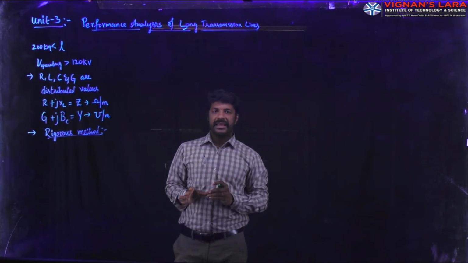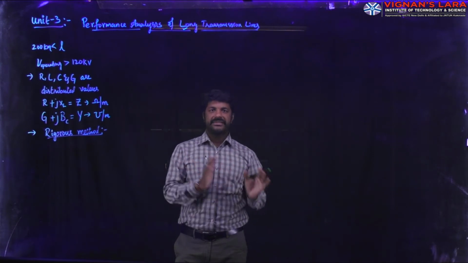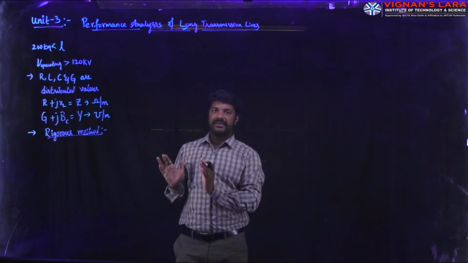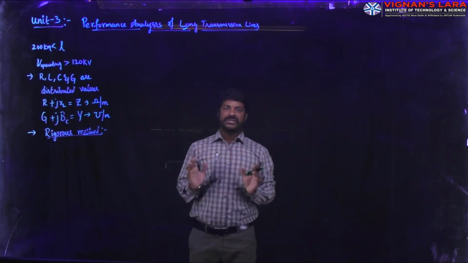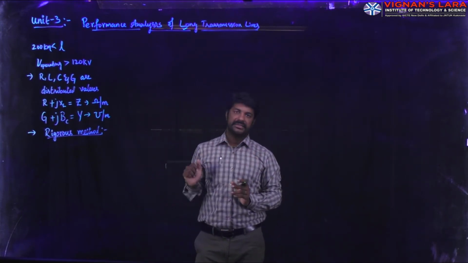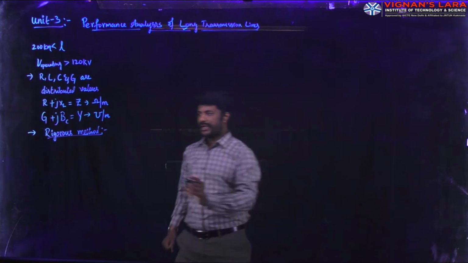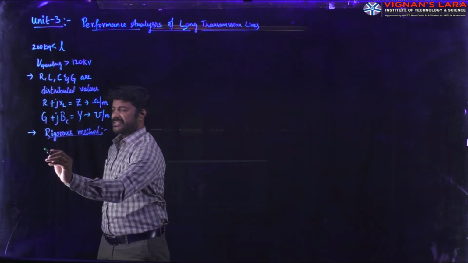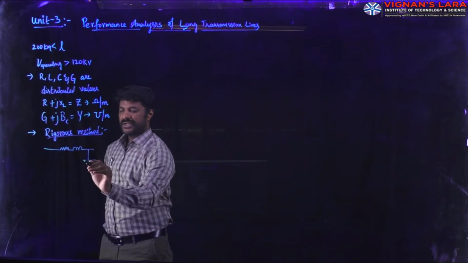First of all, the entire length of the long transmission line must be divided into n equal sections. Each section should be represented for that length. What are the values of Z and Y? Since the entire transmission line is distributed into n equal sections, the magnitudes of Z and Y will also be divided into n equal values, so that we can represent the transmission line as n sections like this, each consisting of a series impedance and shunt admittance.